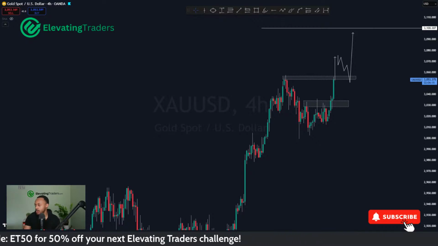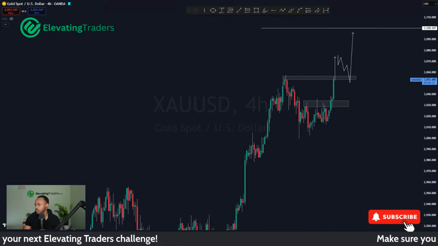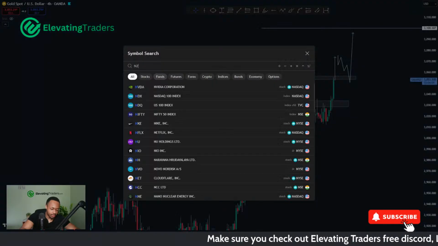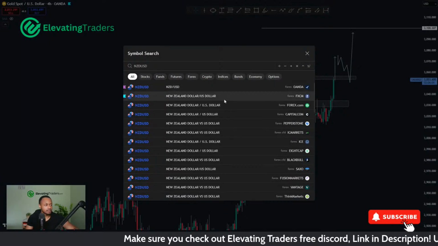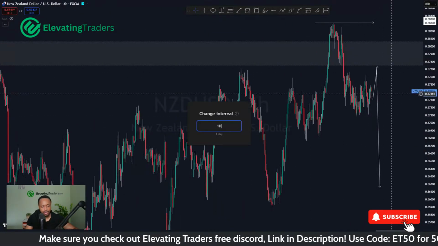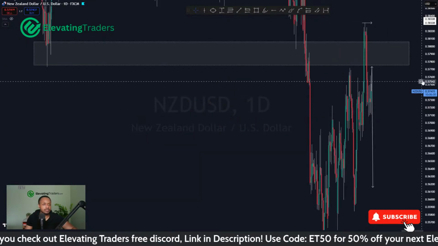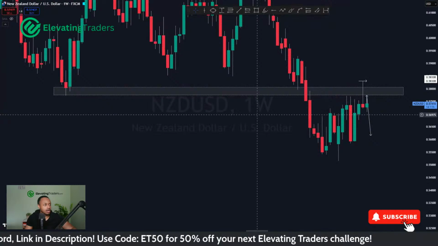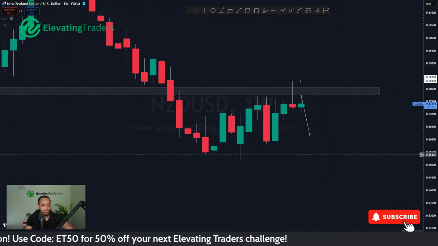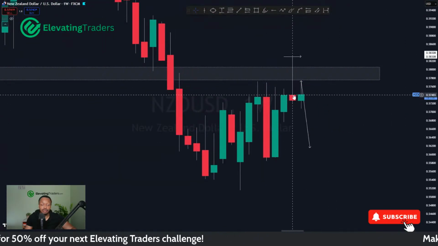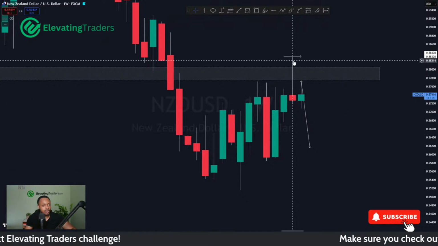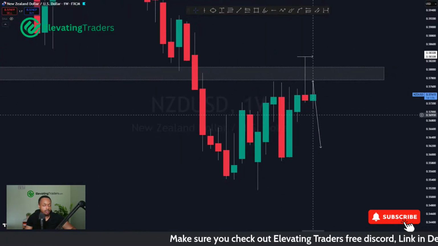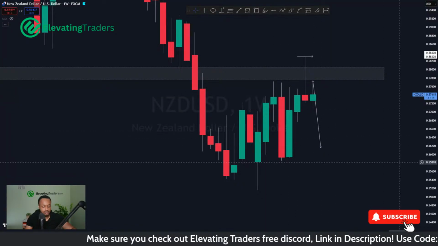Okay, so I'm gonna go to NZD USD. So yeah, for NZD USD, price is still respecting resistance pretty well. This is the weekly chart. We had a big piercing wick to the upside last week. This was last week's candle. Big piercing wick to the upside through that zone there, rejecting it pretty well. I mean, pull back, close bearish underneath resistance there on the lower time frame.